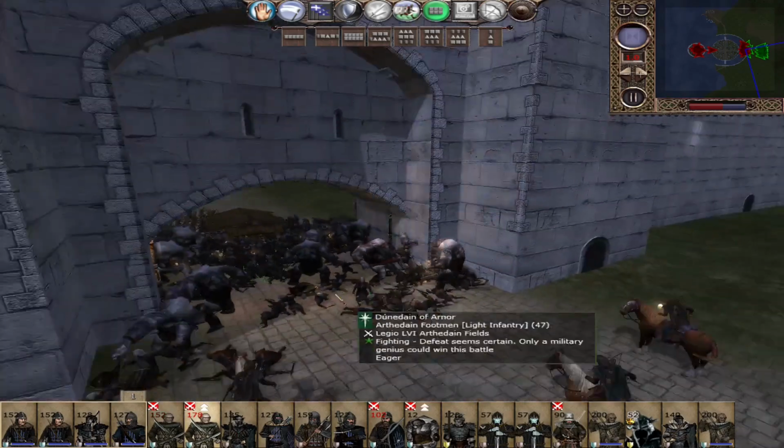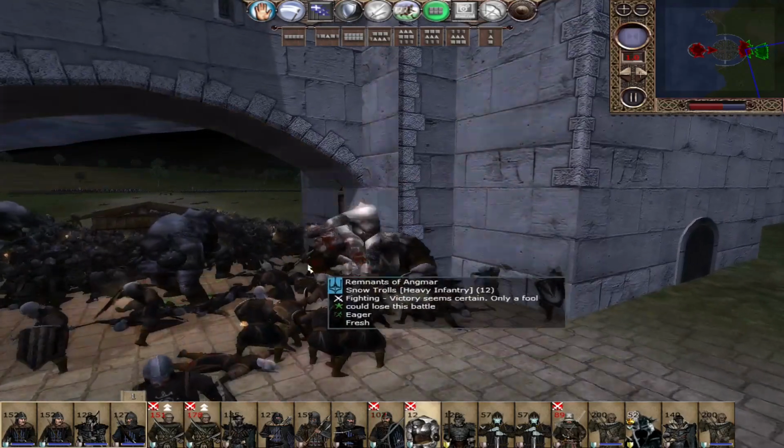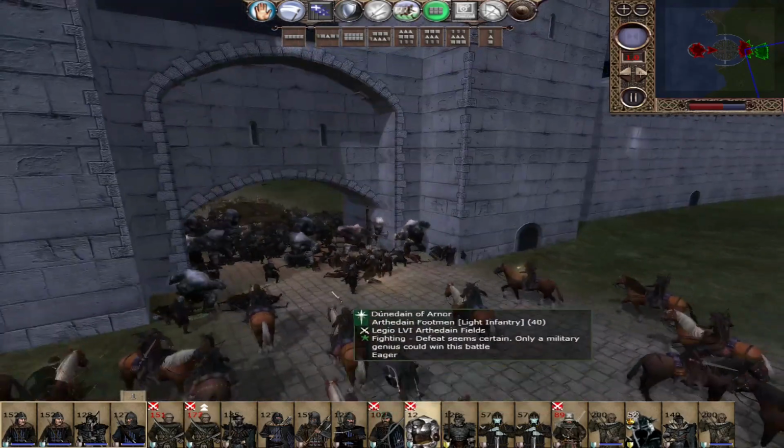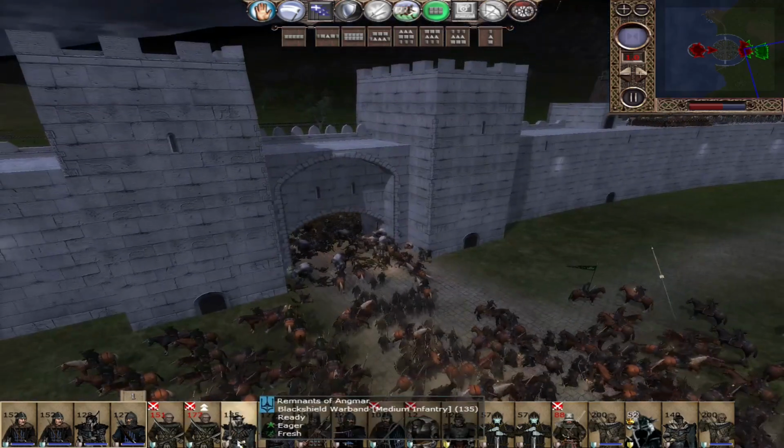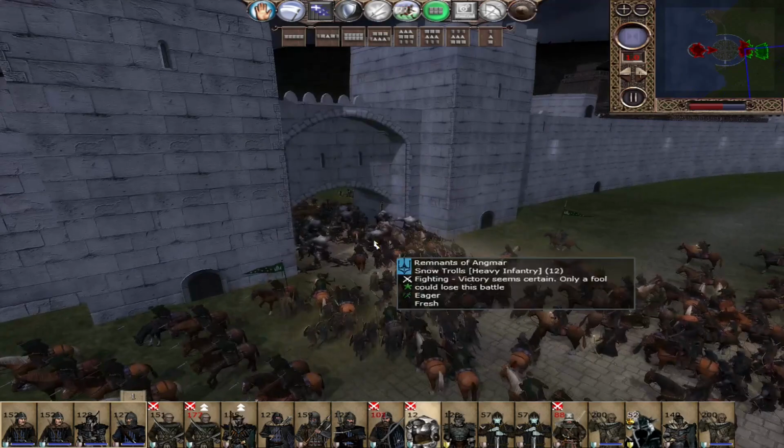I feel like these trolls should be resistant to blunt damage. I mean, they are just massive. It would take a lot of force to push into these guys. Alright, let's take these Black Shield Warband, Shield Wall, and this will be the last unit we use into the